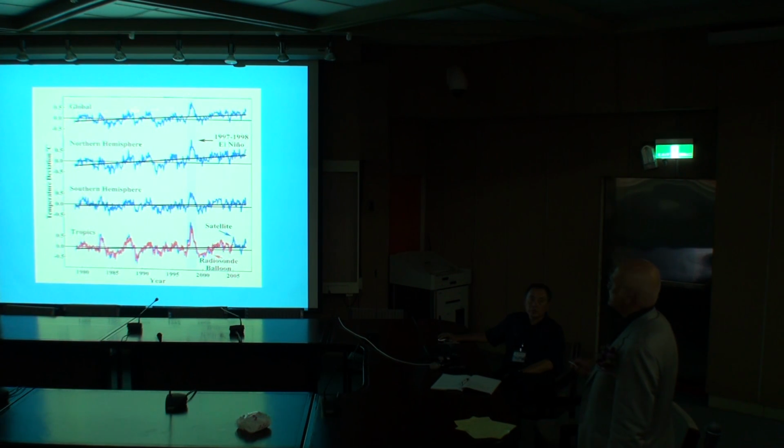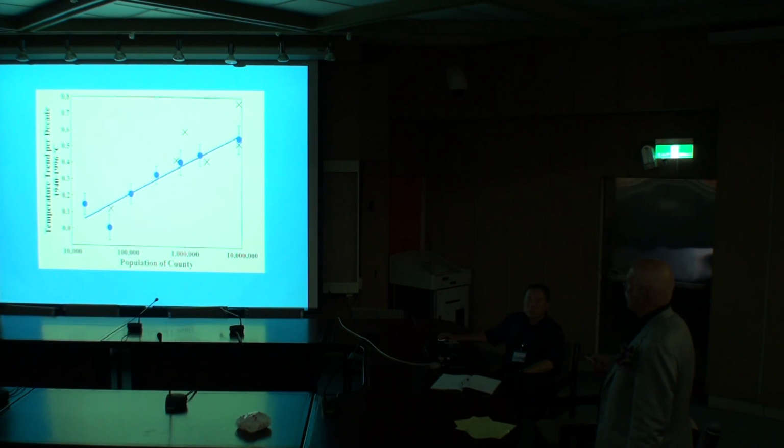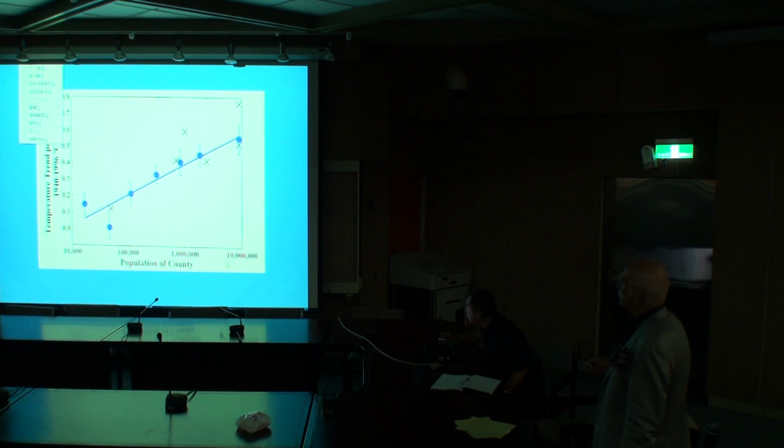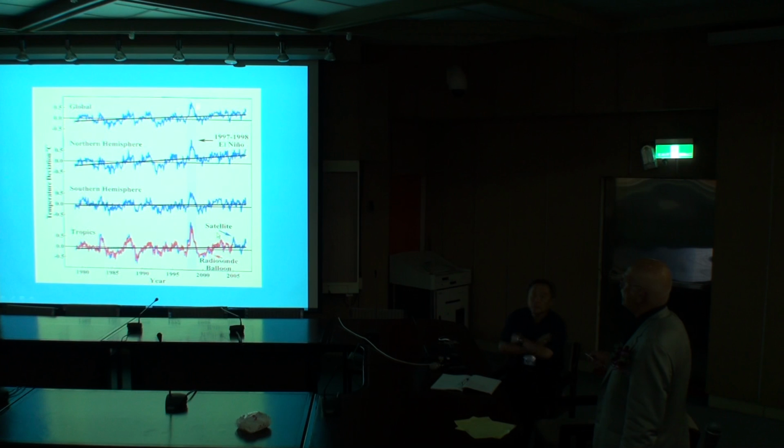slide. Okay, this is a summary of global, northern hemisphere, southern hemisphere, tropics. This indicates that the balloon data and the satellite observations match very well. Okay, next. Oh, excuse me. There's one back. You see this bump? El Nino,